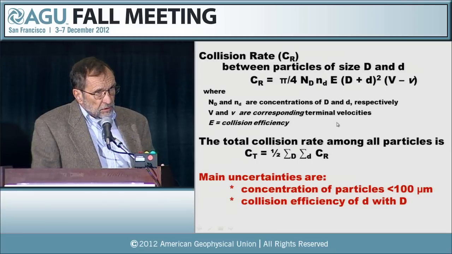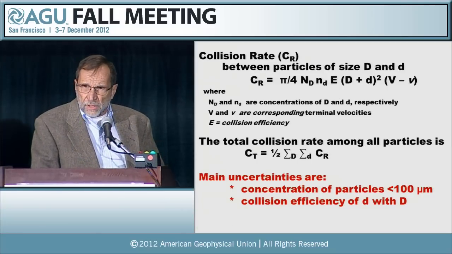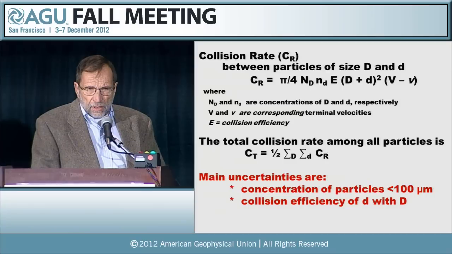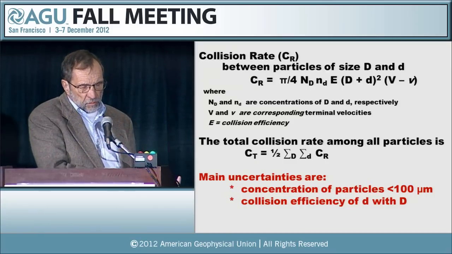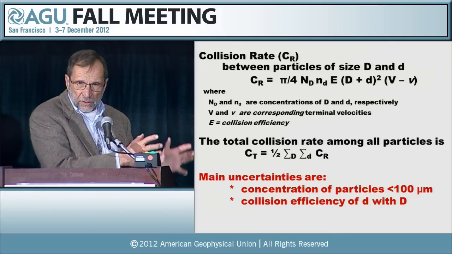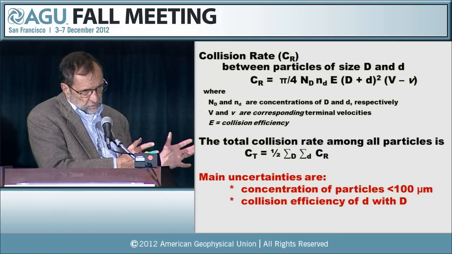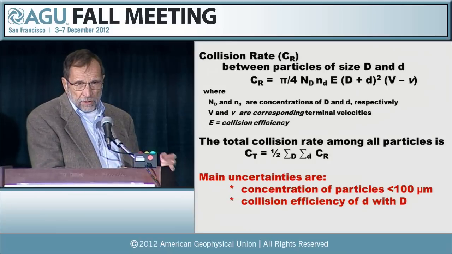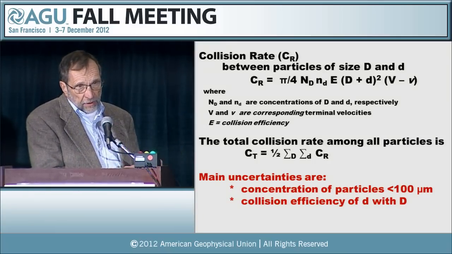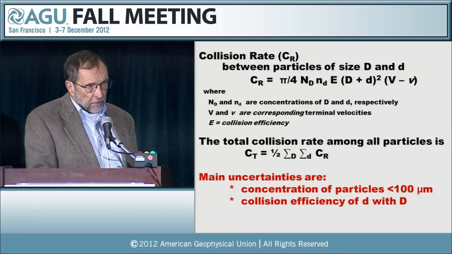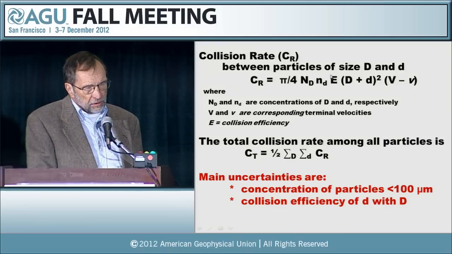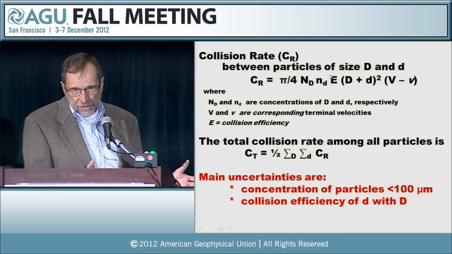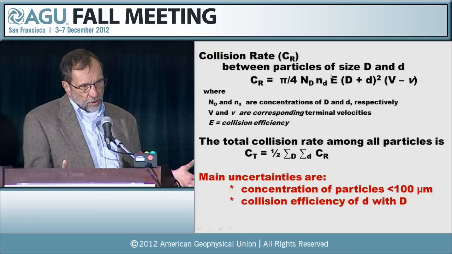Now, using those size distributions, I want to try to calculate the collision rate. For this, I'm basically assuming that the larger particles are falling through the smaller ones, and we compare the area of the large plus the small one, multiply that by a terminal velocity difference, and then look at the collision efficiency, and then, of course, the number concentration of the particles in each of these size ranges. So this is then particles of large size d colliding with the smaller particles of small d.